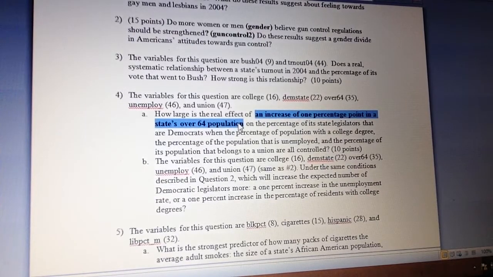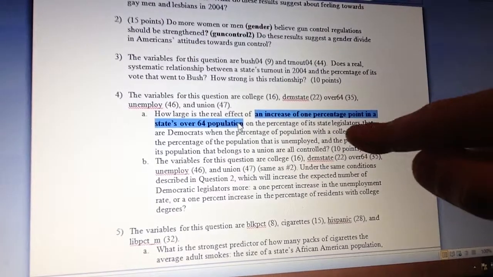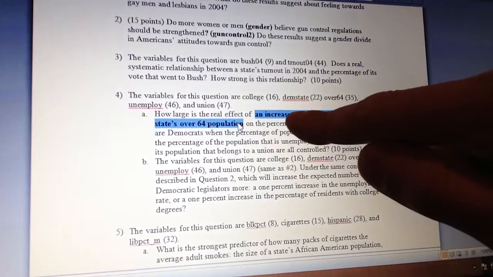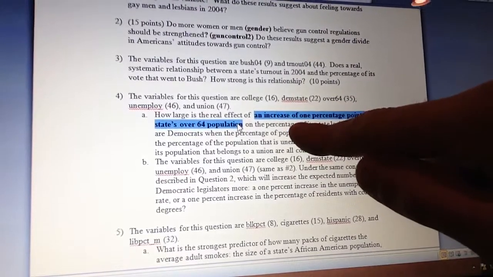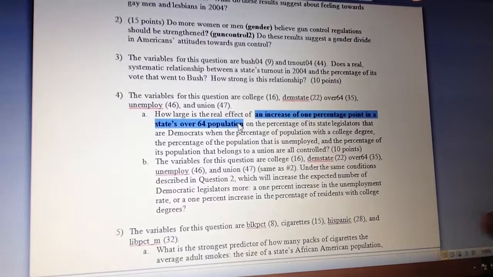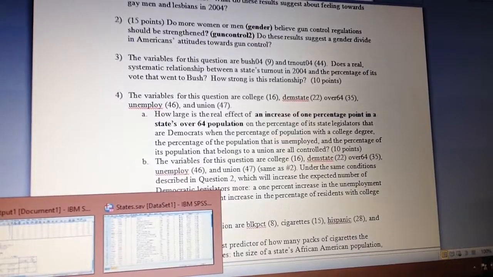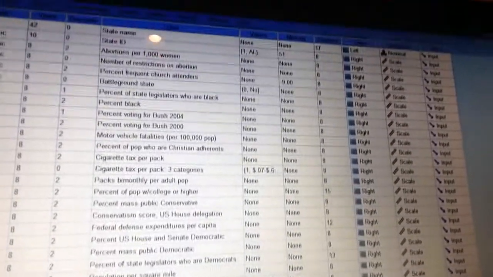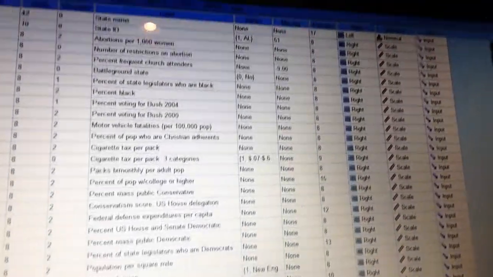All right? The thing that we want to predict is the percentage of state legislators that are Democrats. The thing that we think is going to do the predicting is the independent variable. The controls are also independent variables. What does that mean in terms of SPSS? All right? Let's go back in here. Let me see this. Sorry, I'm working with the